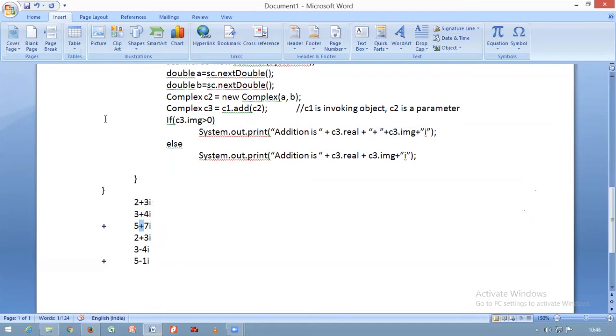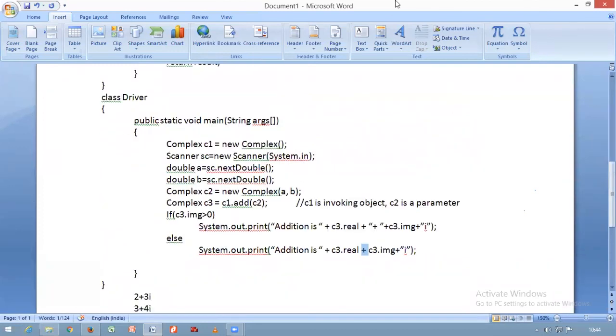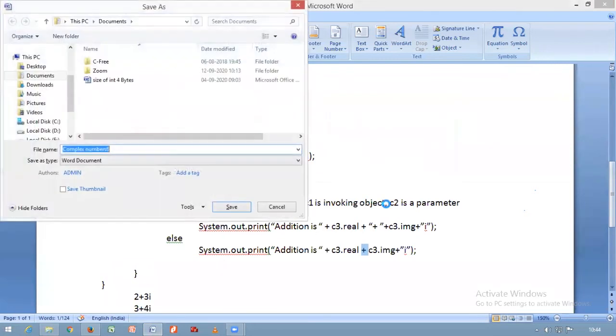If the imaginary value of the resultant complex number is positive, you need to have a plus in between the real and imaginary. If it is a negative number, you don't need to place a plus in between. That is the difference. So this is how you are supposed to work with classes, objects, constructor overloading, invoking objects,